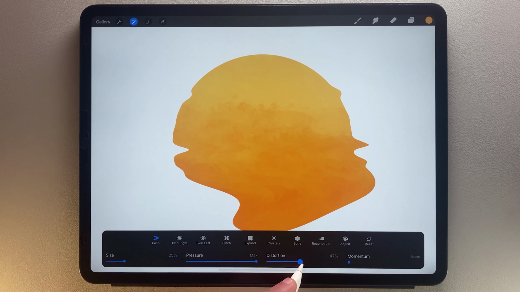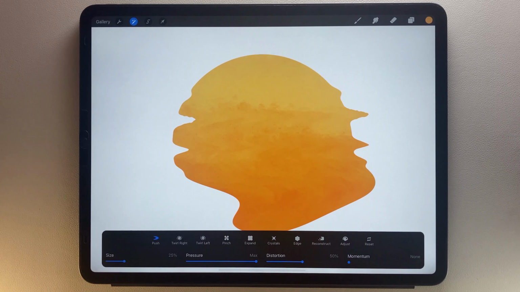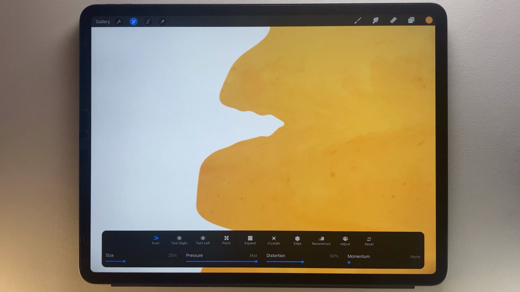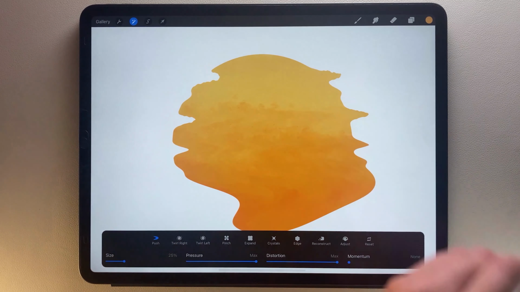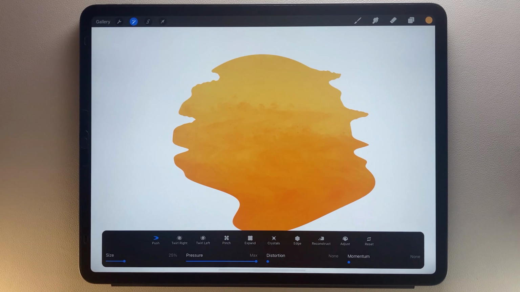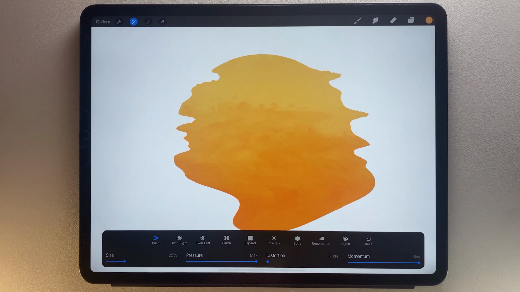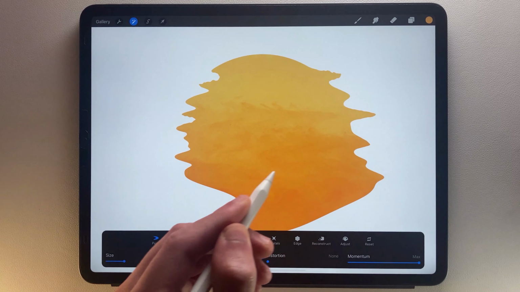Distortion introduces chaotic elements into your effects to make them more twirly, jagged, or twisted. You can see with Push that Distortion creates a wave on the shape and creates mini waves on the sides. Momentum keeps your Liquify effect continuing after you lift off your Apple Pencil. It's like when you create waves on the water with your hands. The effect will depend on the direction and the speed of your stroke.